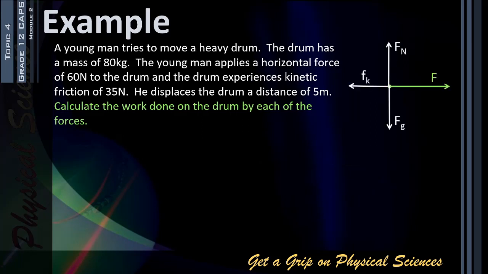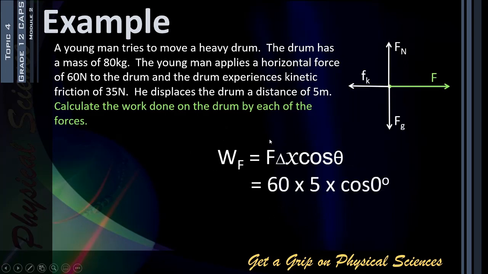The direction of the applied force is in the same direction as the displacement of this object, and therefore when we calculate the work done by the applied force, it will be 60 Newton, which is the applied force, multiplied by the displacement of 5 meters, multiplied by the cos of 0 degrees, because the direction of the applied force is the same as the direction of the displacement,